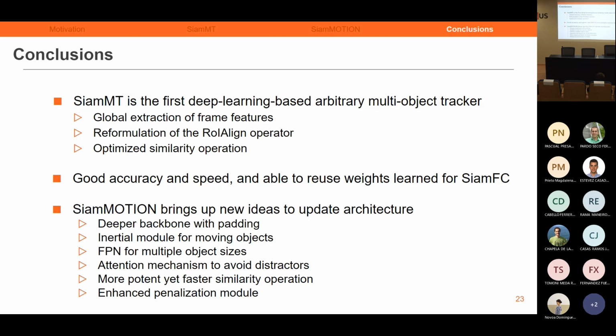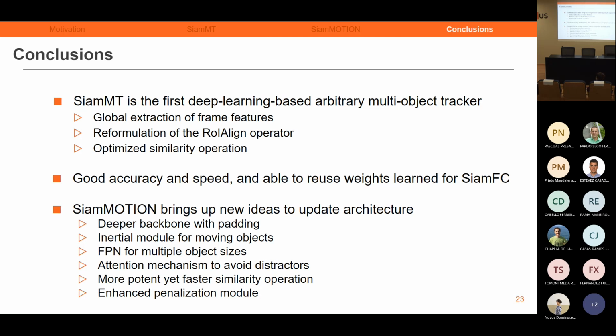To achieve this, it applies single-object tracking techniques to multiple targets in an efficient and scalable manner, on behalf of its global extraction of frame features, the reformulation of the realign operator, and the optimized similarity operation. It offers good tracking quality for several dozens of objects.